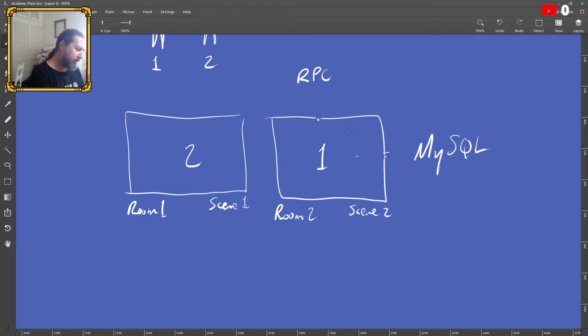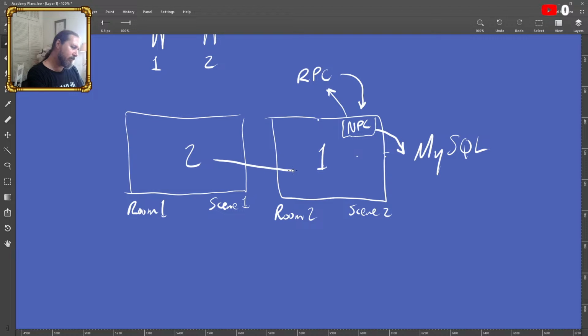And here's the NPC. And the NPC is the one who writes to MySQL. And the NPC also writes to an RPC. I think it's server all, which means that the NPC is telling himself to make the change.